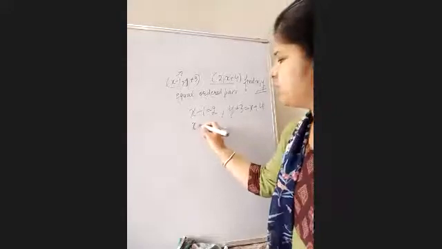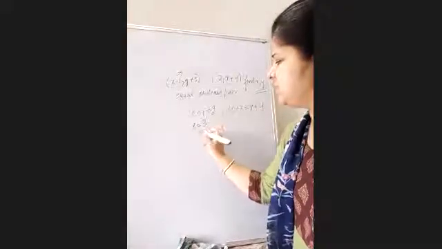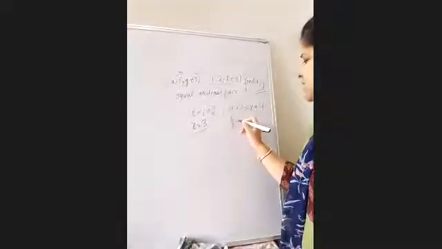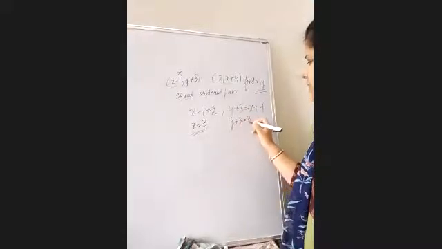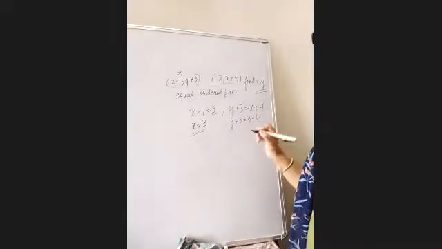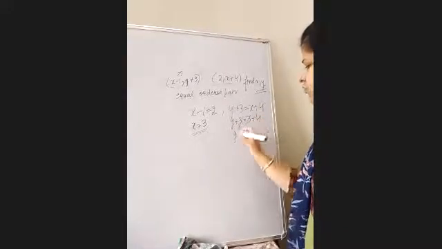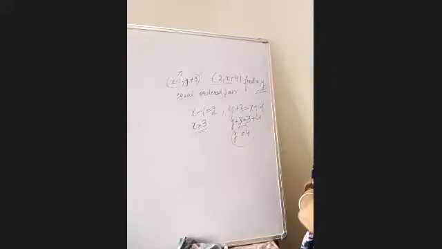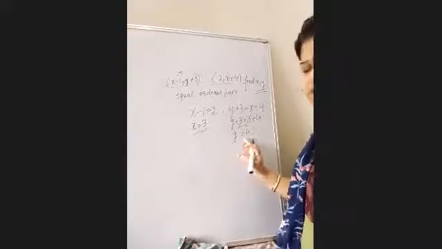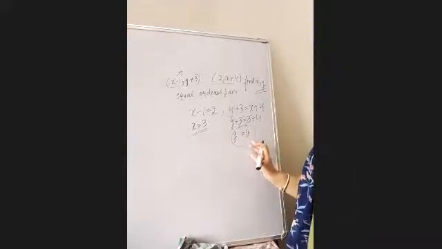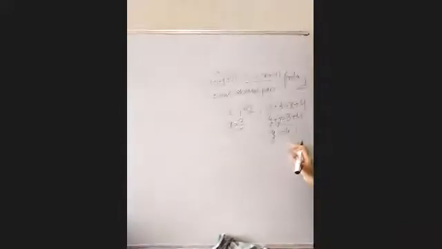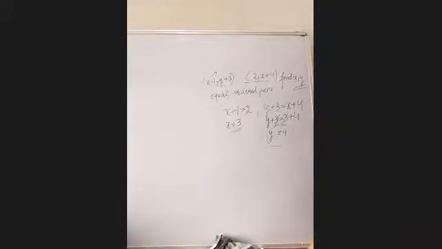X is equal to 2 minus 1 that is equal to 3 and here y plus 3. X की वैल्यू कितनी है हमारे पास, 3 plus 4. Okay, now solve it. 3 with 3 cancel out and y equal to 4. So this is the answer, that x equal to 3 and y equal to 4. Okay, so I think this is clear to all. Okay. Now the next question is for you.